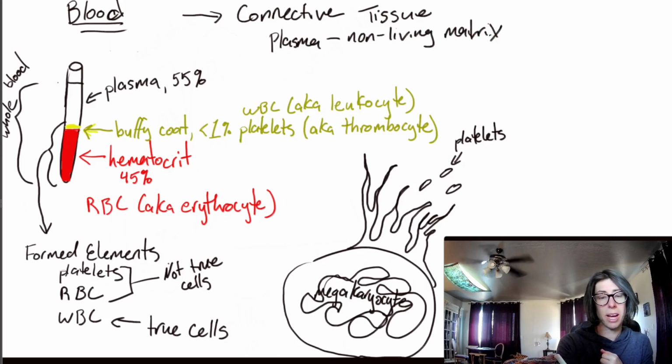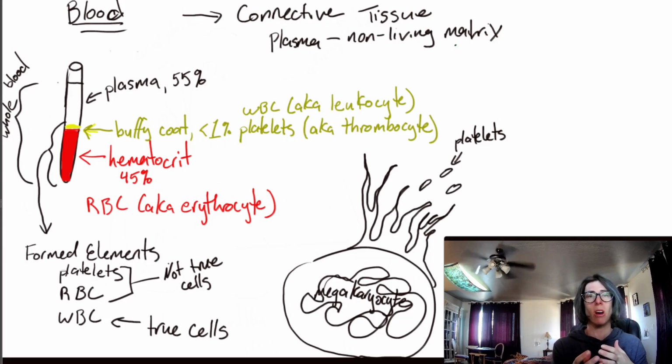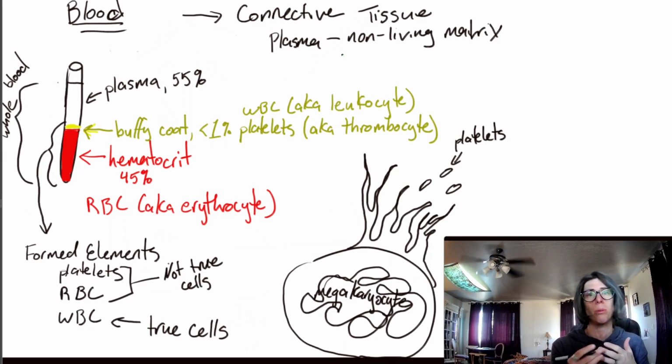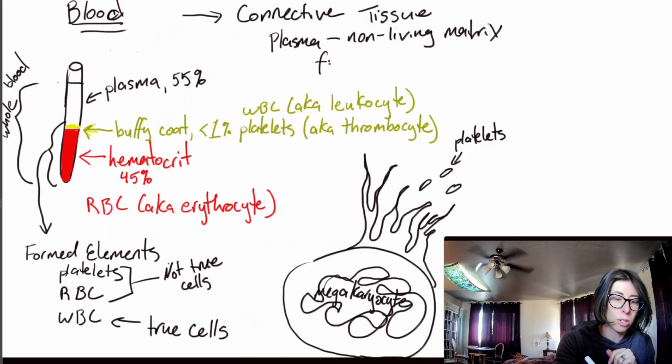The liquid in the plasma and all the dissolved components are the ground substance, but there actually are fibers in the blood, but they're dissolved. So you have these proteins. There are certain proteins that are dissolved, and when they get the signal to clot because you have a wound, they will form these branching networks of a protein called fibrin. So fibrin